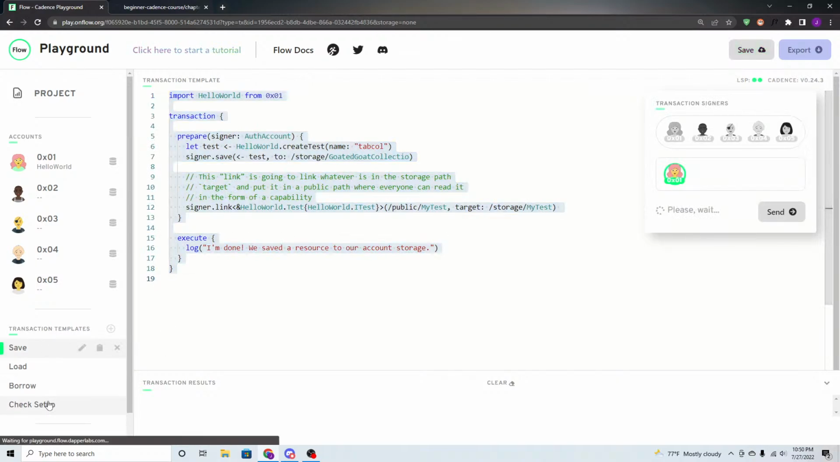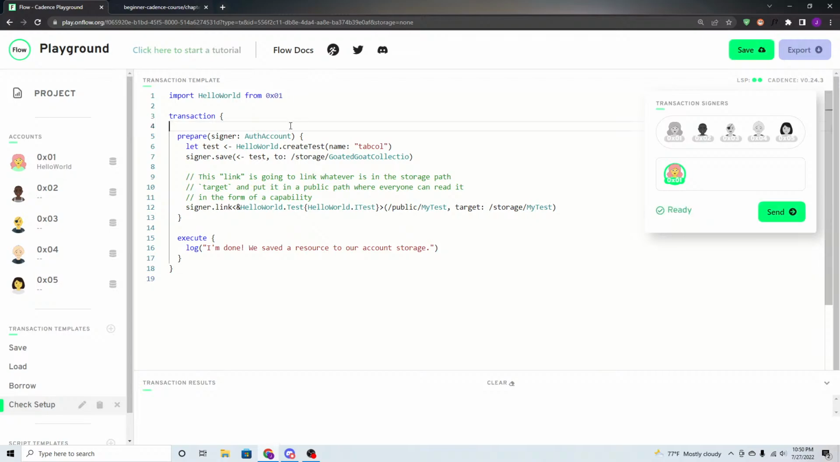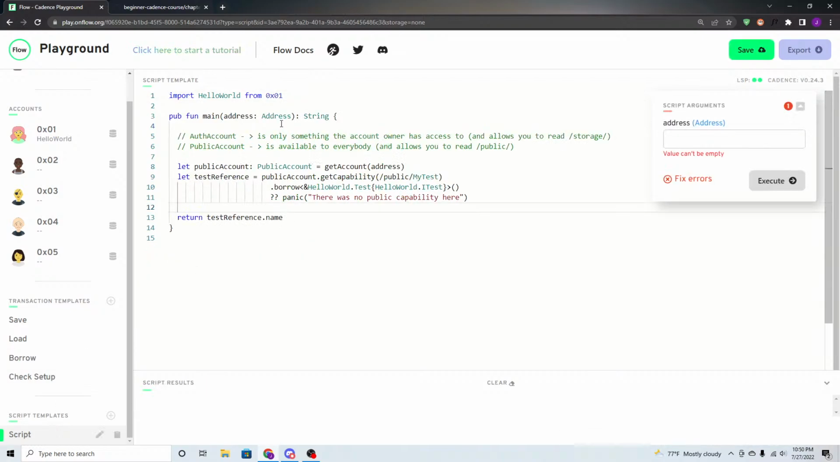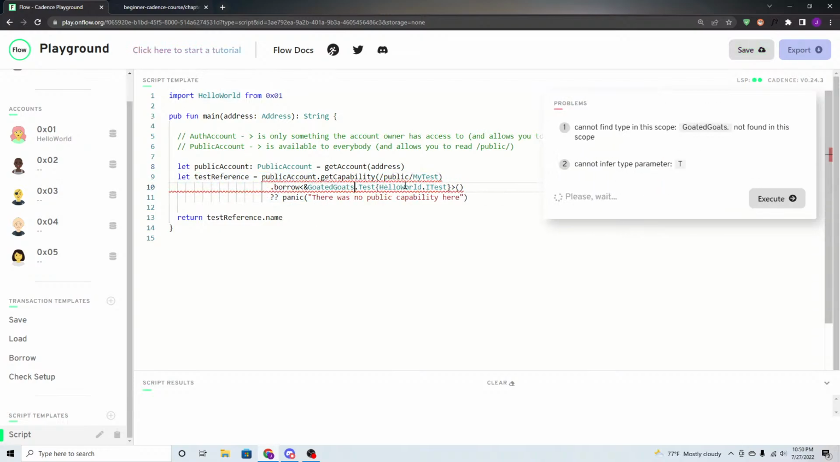So what we're gonna do is we're gonna make a transaction that dApps would do to set up your actually, how would they do this? Yeah, they would probably do it in a script. They would take your address and they would say, let's get your public account, and then let's get a capability to, okay, this is going to give a bunch of errors, but stick with me. Go to goats.collection and then go to